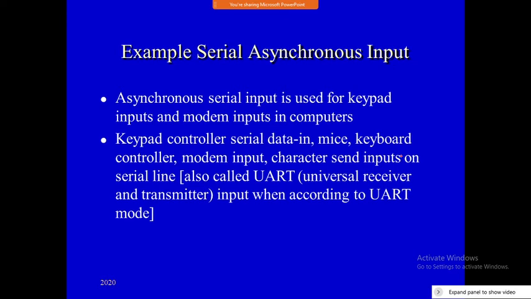Take an example of your keypad. Whenever you want to open anything, you press the key. Otherwise, you won't press the key. This is asynchronous, not synchronous. In a video call, continuous data sending will be there. But with keypads, you type sometimes, then after some time you leave, and after 1 or 2 hours you come back and type again. That is asynchronous. There will be time differences in transmitting the bytes.